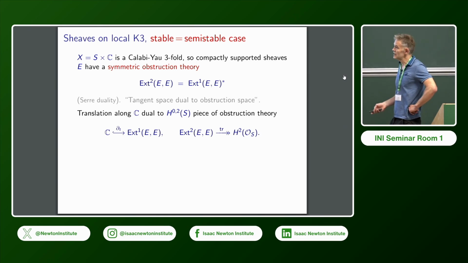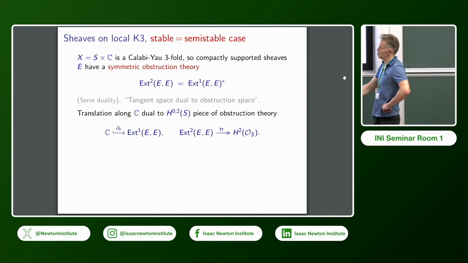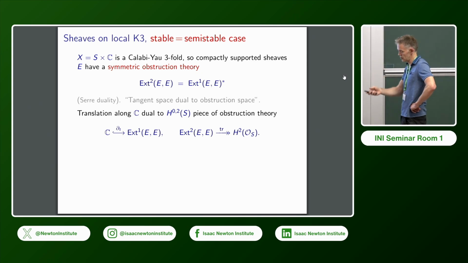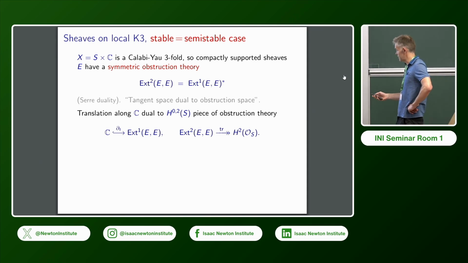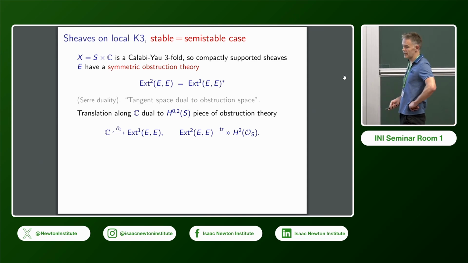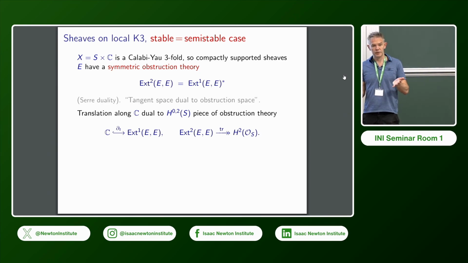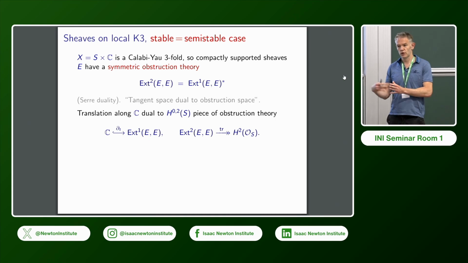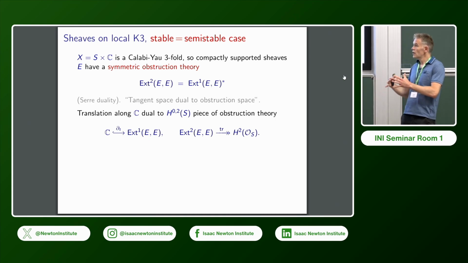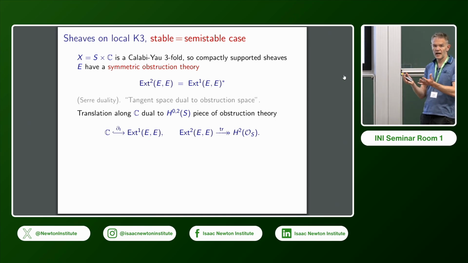There's an obvious deformation for these compactly supported sheaves, which you just translate them along the C direction. And what that's dual to under this duality is this trace map. So this is a famous object in the obstruction theory. So if you haven't seen this before, one place you can get obstructions to deforming sheaves is you could deform the K3 surface itself. If you deform the K3 surface itself, the Chern character or Mukai vector